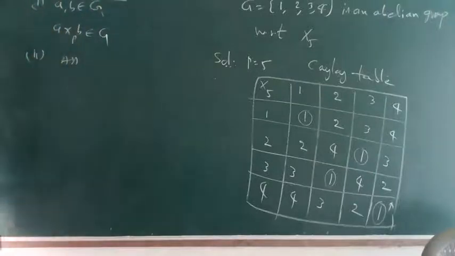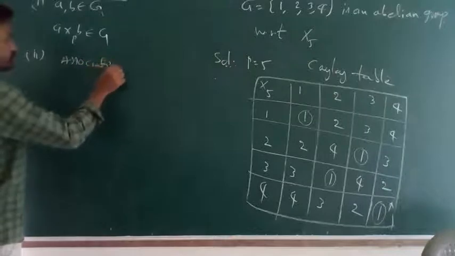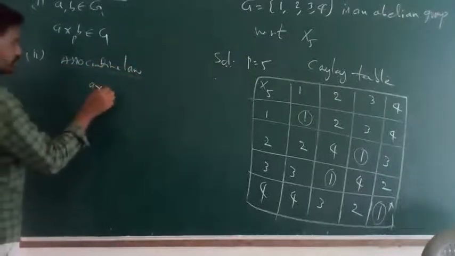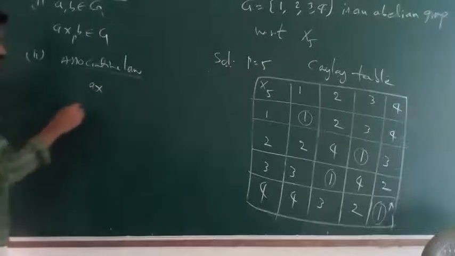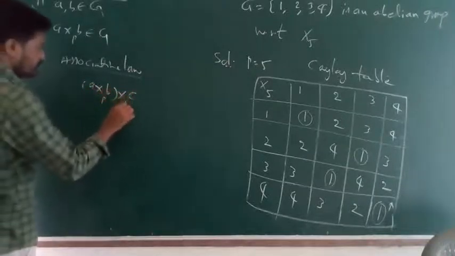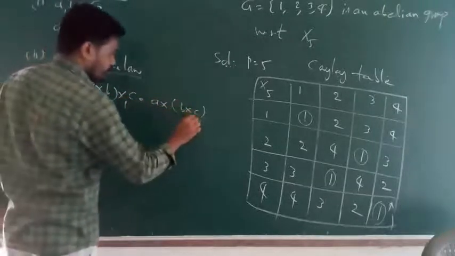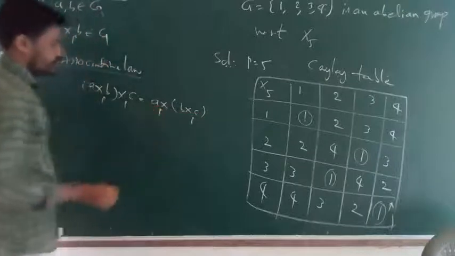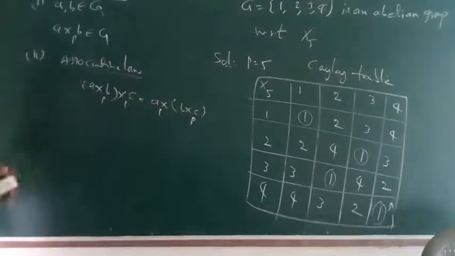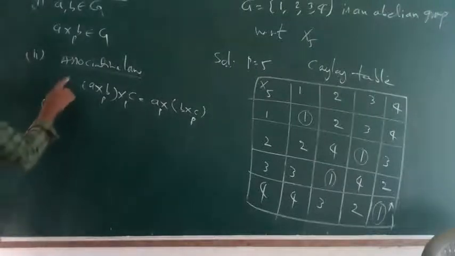Now the associative law. Select any elements. What is the formula? As before with a plus b, here (a cross b) with respect to p, cross c, equals a cross (b cross c with respect to p) with respect to p. You can select any elements a, b, c and apply it to the LHS and RHS. Next, closure, associative, identity.